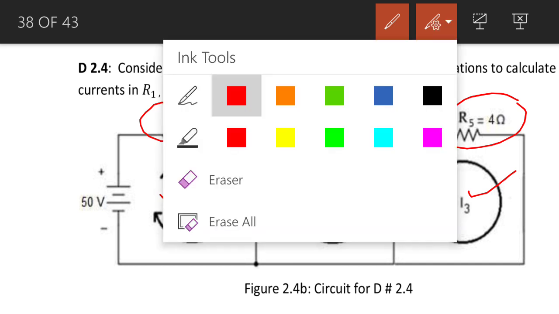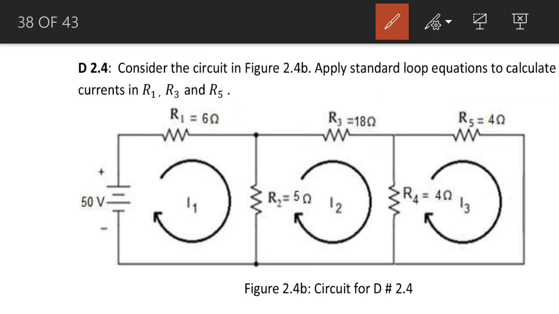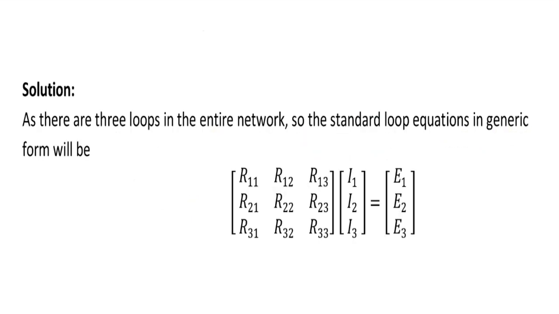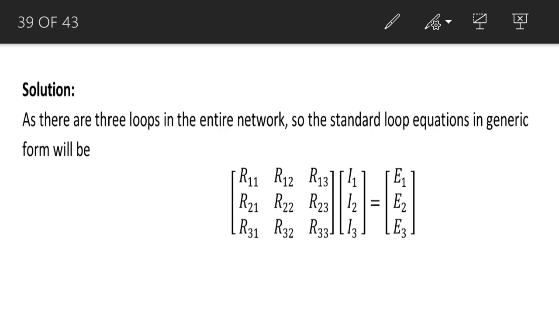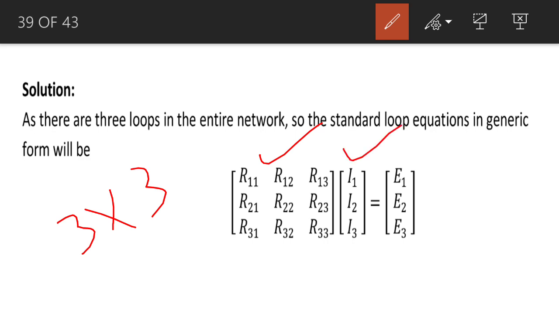So let us find out these three currents with the help of standard loop equations. These are the standard loop equations in matrix format for the given circuit. The size of the R matrix is 3 by 3. Why? Because there are three loops in the circuit. We shall find out the current I1, I2 and I3 with the help of